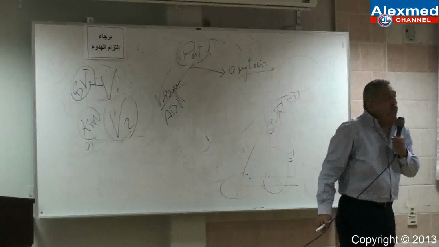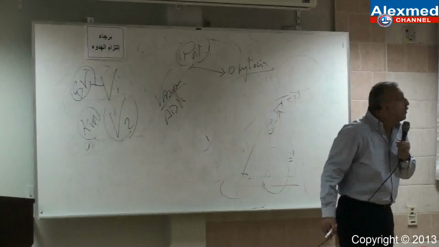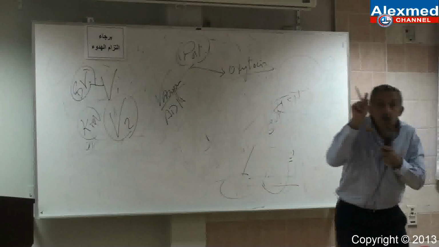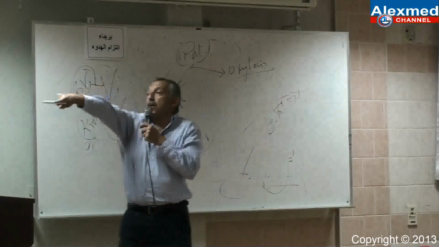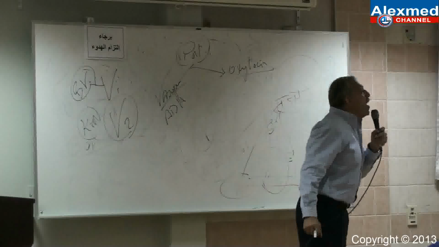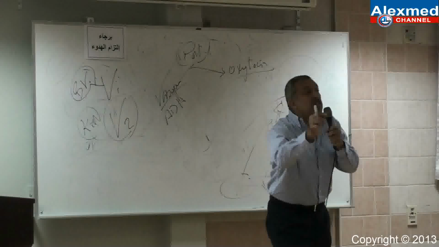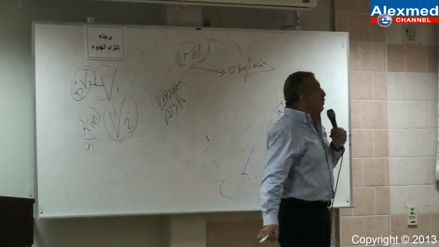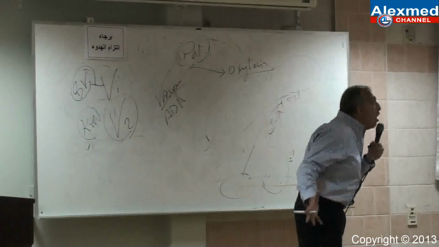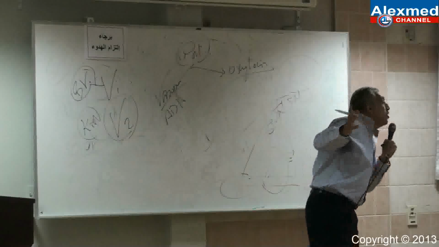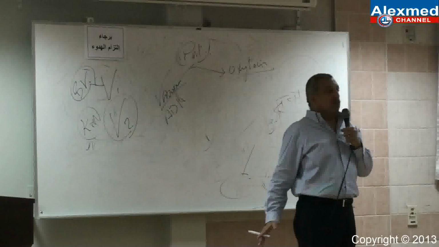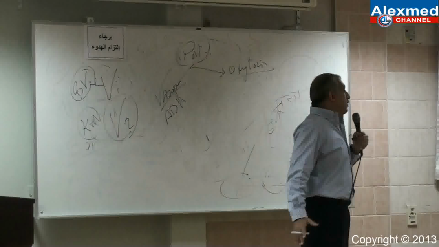What is the big difference between V2 and V1? I want one word. Sensitivity. The V2 receptors are very sensitive. They can be stimulated by minute amounts of ADH. But V1 are by far less sensitive. They need a huge amount to be stimulated. That's why they don't usually act unless massive amounts are released.